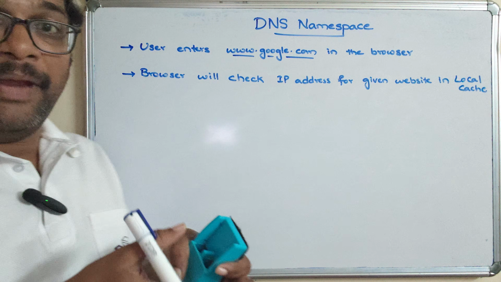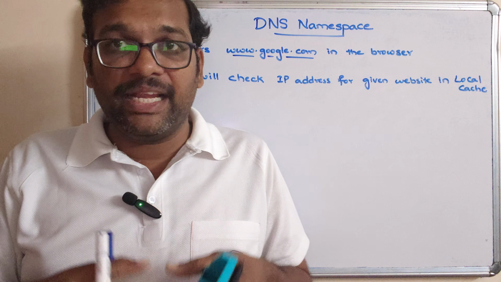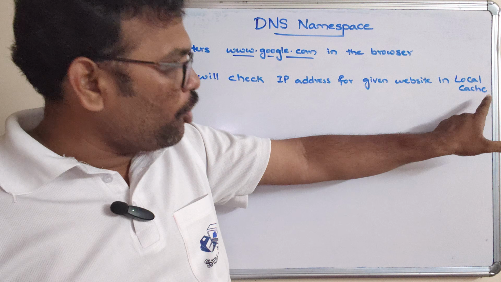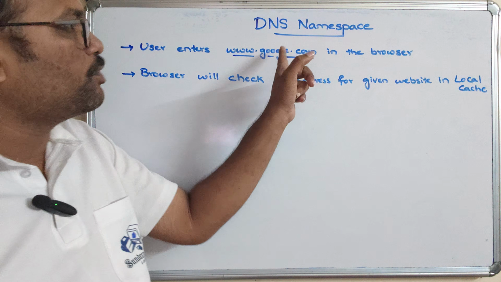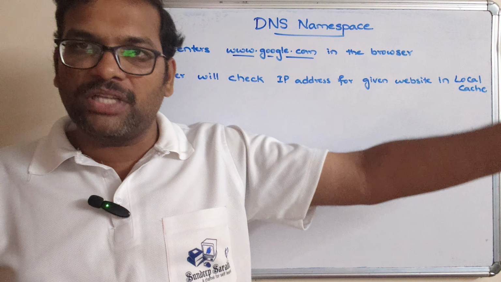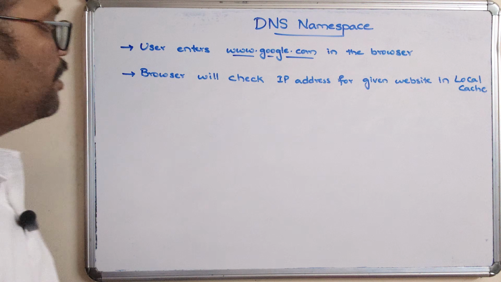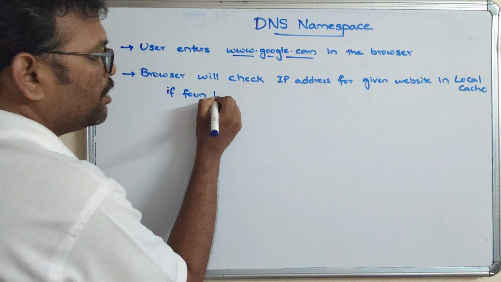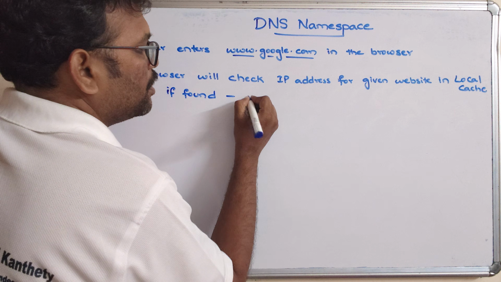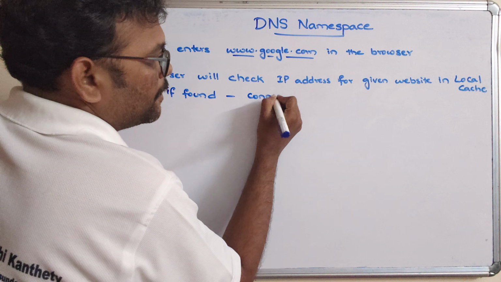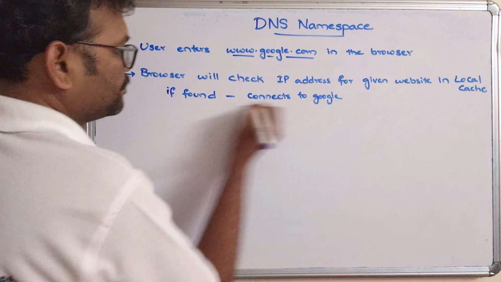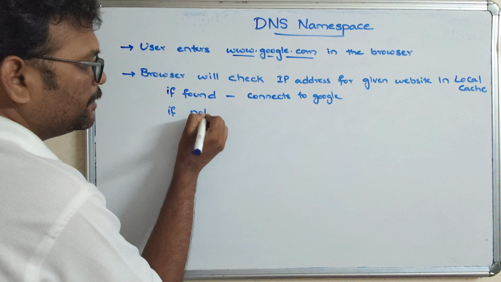The browser maintains some cache memory, right? So if the browser's local cache has the IP address for Google, the browser will automatically connect to Google. So if found, it connects to Google. If not,